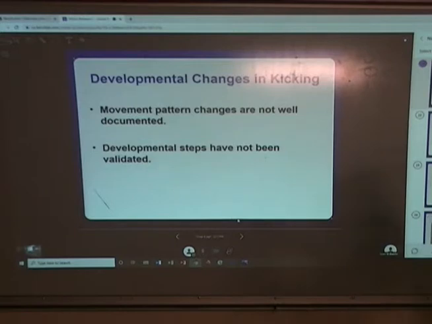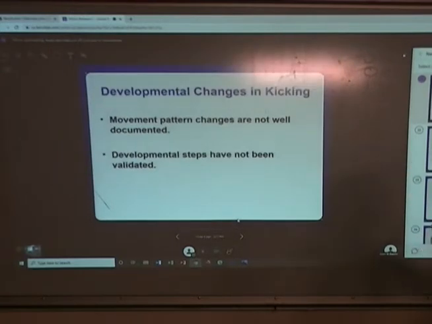We don't have an observation plan for kicking in the book because that's just not a skill that people have looked at closely in the past. So we don't have validated developmental steps for kicking,